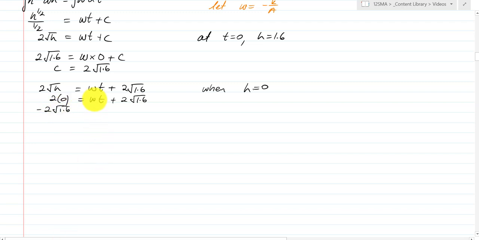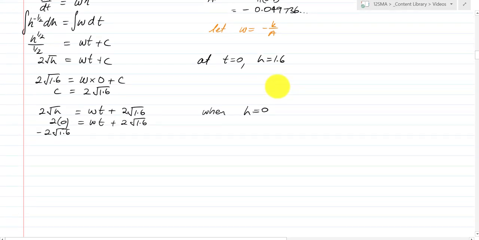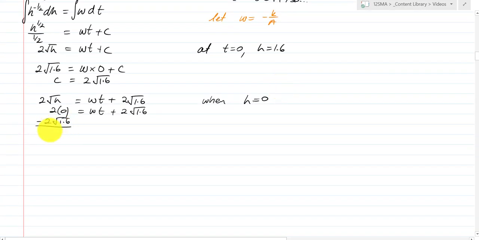I don't want a negative time, but then I recall that w is a negative value, so that's okay. Over w, which is a negative number, is equal to time. And so now what I can do is throw those values in, and it should give me hopefully a nice and appropriate answer, and I get this, t is equal to